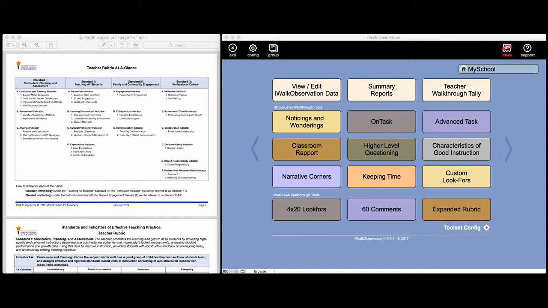In this video, we're going to take a look at how to configure the Expanded Rubric Tool to be used for your teacher evaluation rubric. Now, in order to understand the Expanded Rubric Tool, we first have to take a quick look at a teacher evaluation rubric. So I went onto the internet and I simply Googled teacher evaluation rubric,